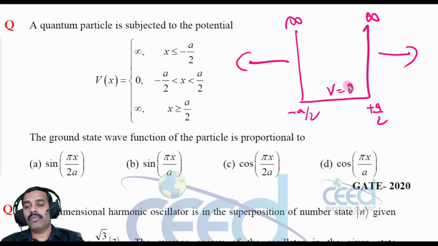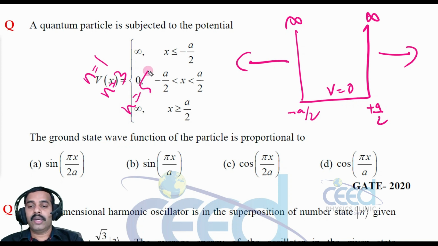So what is the wave function for any particle in the minus a by 2 length, right? Ground state wave function means n is equal to 1 condition, right? So we have generalized this expression for n is equal to 1, n is equal to 3. This is a symmetrical box, not an unsymmetrical case. For a symmetrical case, what is the wave function? We have studied two conditions, n is equal to 1, n is equal to 3, and n is equal to 5.